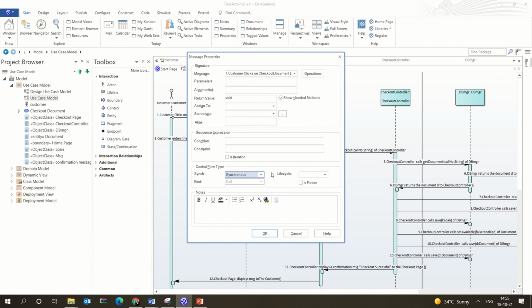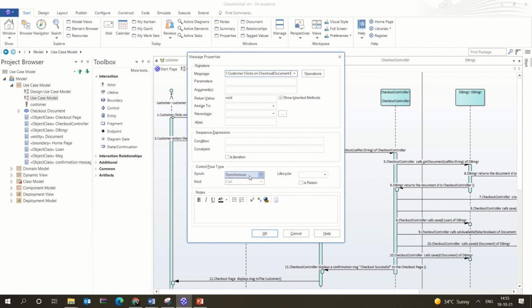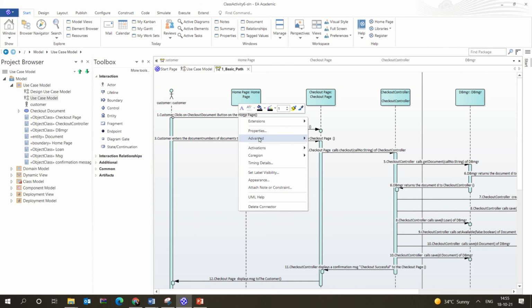You would have already known about it. One is a synchronous message and the other one is asynchronous. When you see the synchronous message, its head will be darkened like this. Say, just for the sake of it, I'm changing it into asynchronous. So what happens is that the arrowhead is a simple line head. So that is basically the difference between synchronous and asynchronous.